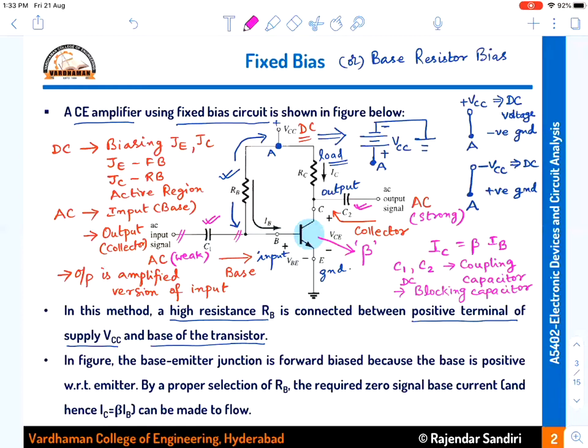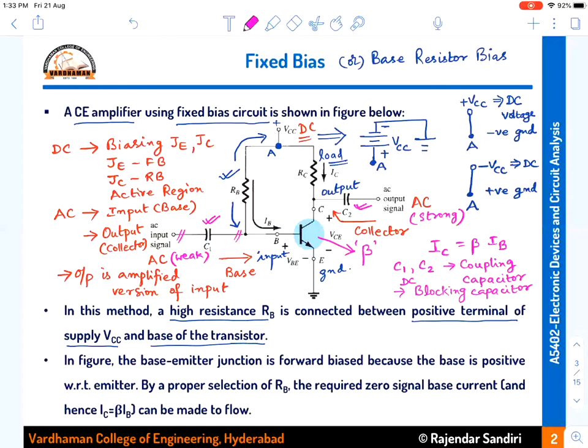Okay, and I hope from this circuit diagram you understood why this circuit is provided with a DC supply of VCC, and why this transistor is provided with an input signal of AC, so that you are getting the output signal as AC. That means the purpose of this transistor is to operate as an amplifier. So it amplifies AC signals, not DC signals. It is the AC signal that it is amplifying. So for the AC signal to be amplified, you have to apply the input as an AC signal, so that the amplified version of the output you will be getting.